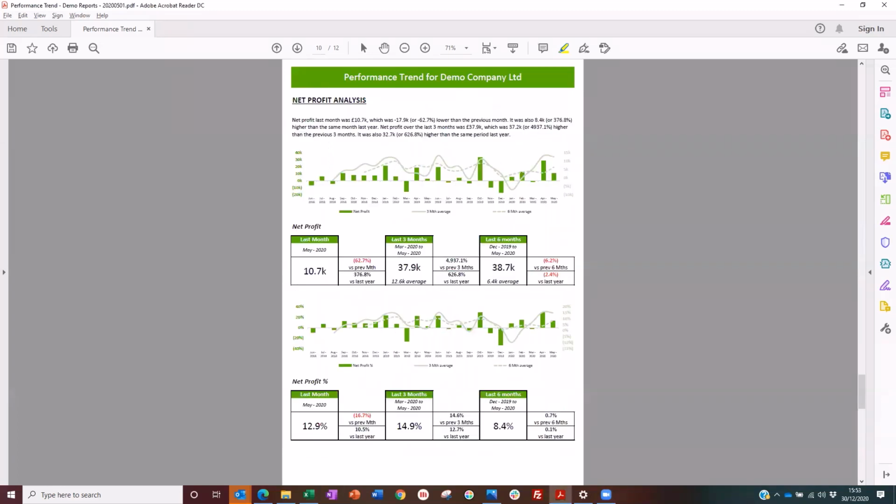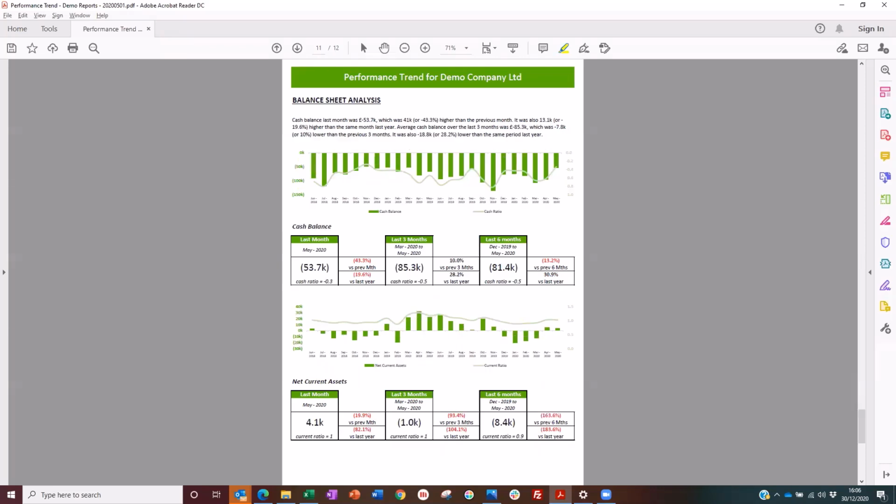the same way. The net profit analysis provides an analysis of net profit in the last month and the last 3 months compared to their previous time periods and also the same time period in the previous year. Net profit and net profit as a proportion of revenue is then presented in the same way as previous pages